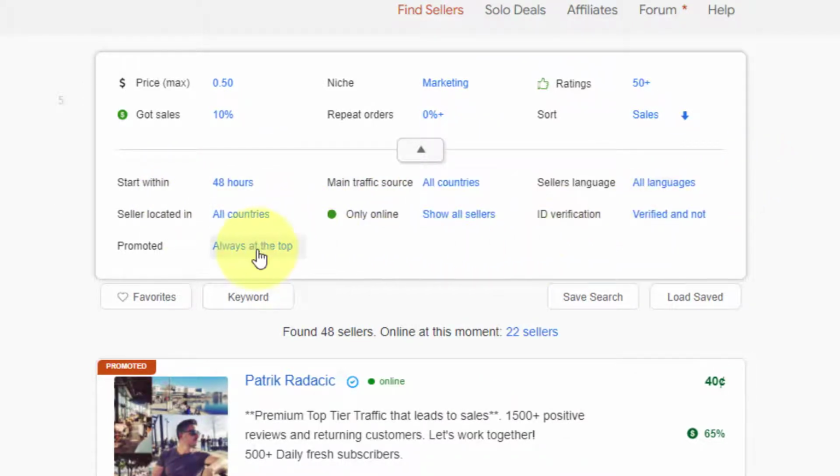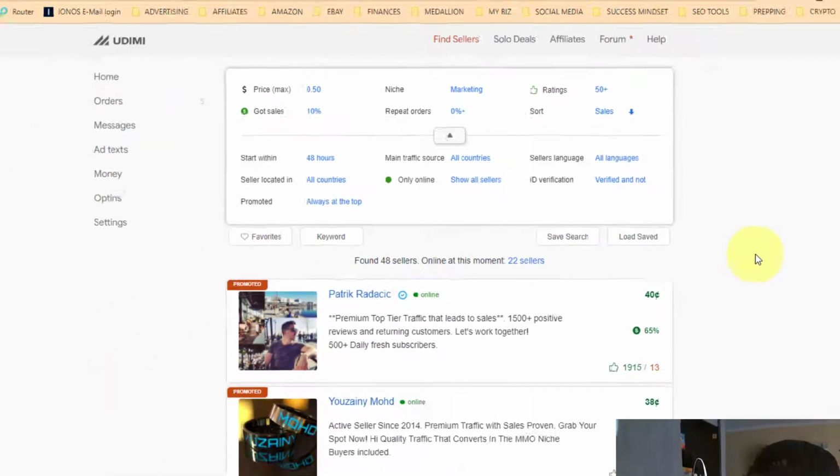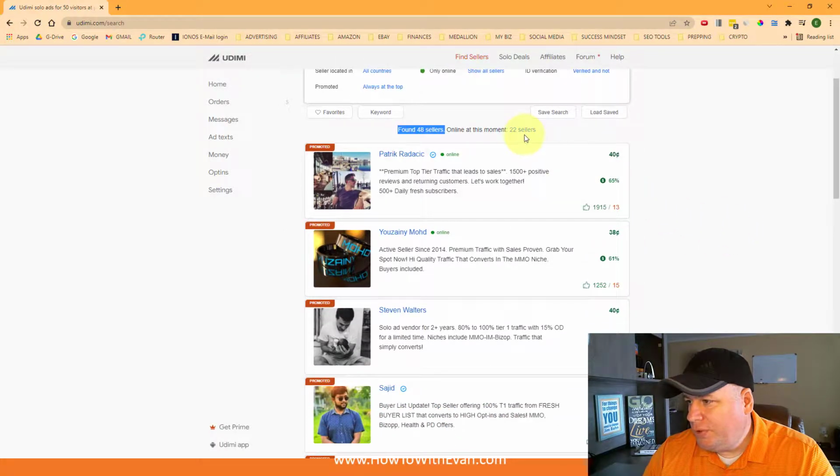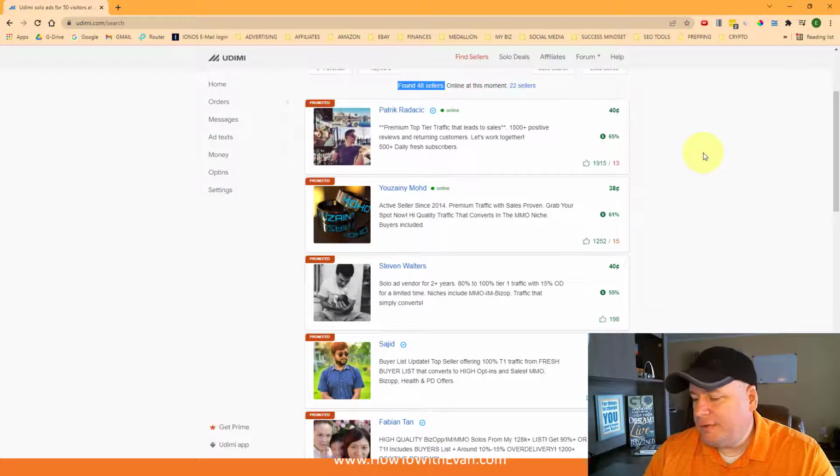I don't really change anything else other than that. Okay. So with this specification, you can see there are 48 sellers that meet this criteria. 22 are online at this moment. Okay. So now we have this list of vendors that we can start looking through and seeing a little bit